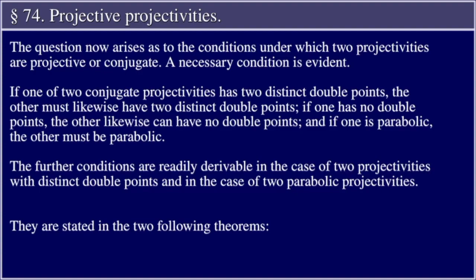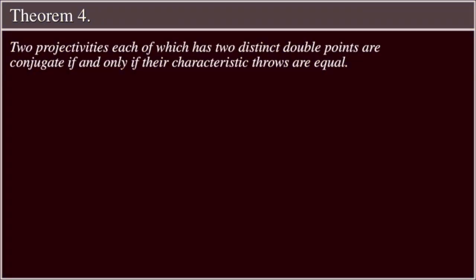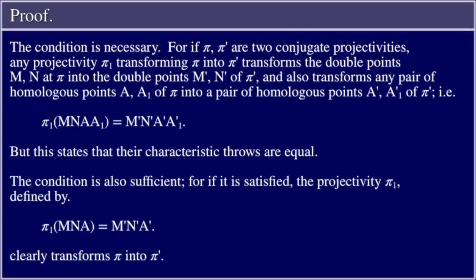The further conditions are readily derivable in the case of two projectivities with distinct double points, and in the case of two parabolic projectivities. They are stated in the two following theorems. Theorem 4. Two projectivities, each of which has two distinct double points, are conjugate if and only if their characteristic throws are equal. Proof: the condition is necessary, for if π, π' are two conjugate projectivities, any projectivity π1 transforming